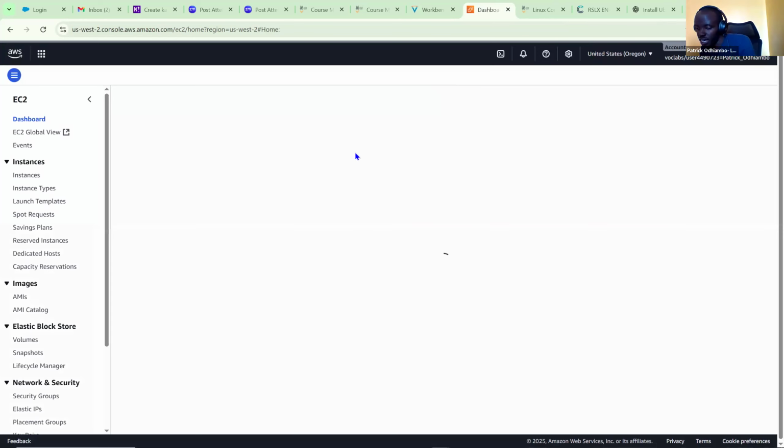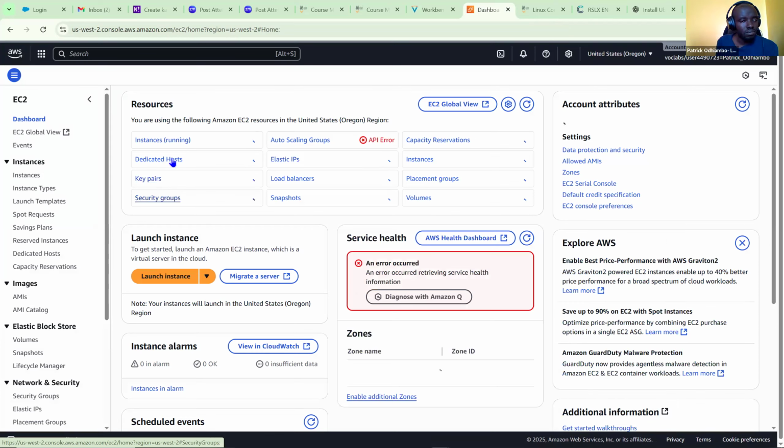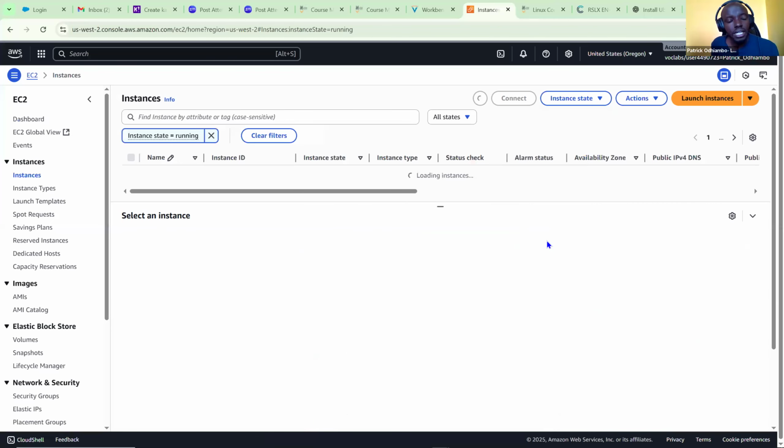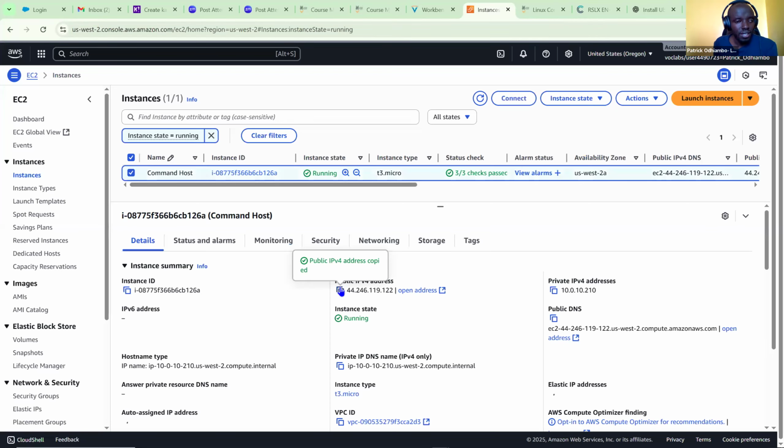So I'm going to fire up an EC2. I hope there is one that has been provisioned for us, and I hope this one is working. I would have done this process over lunch, but over lunch we were handling office hours. So you will bear with me a little. The same command host. Command host, will you work this time? Let me just try and see.